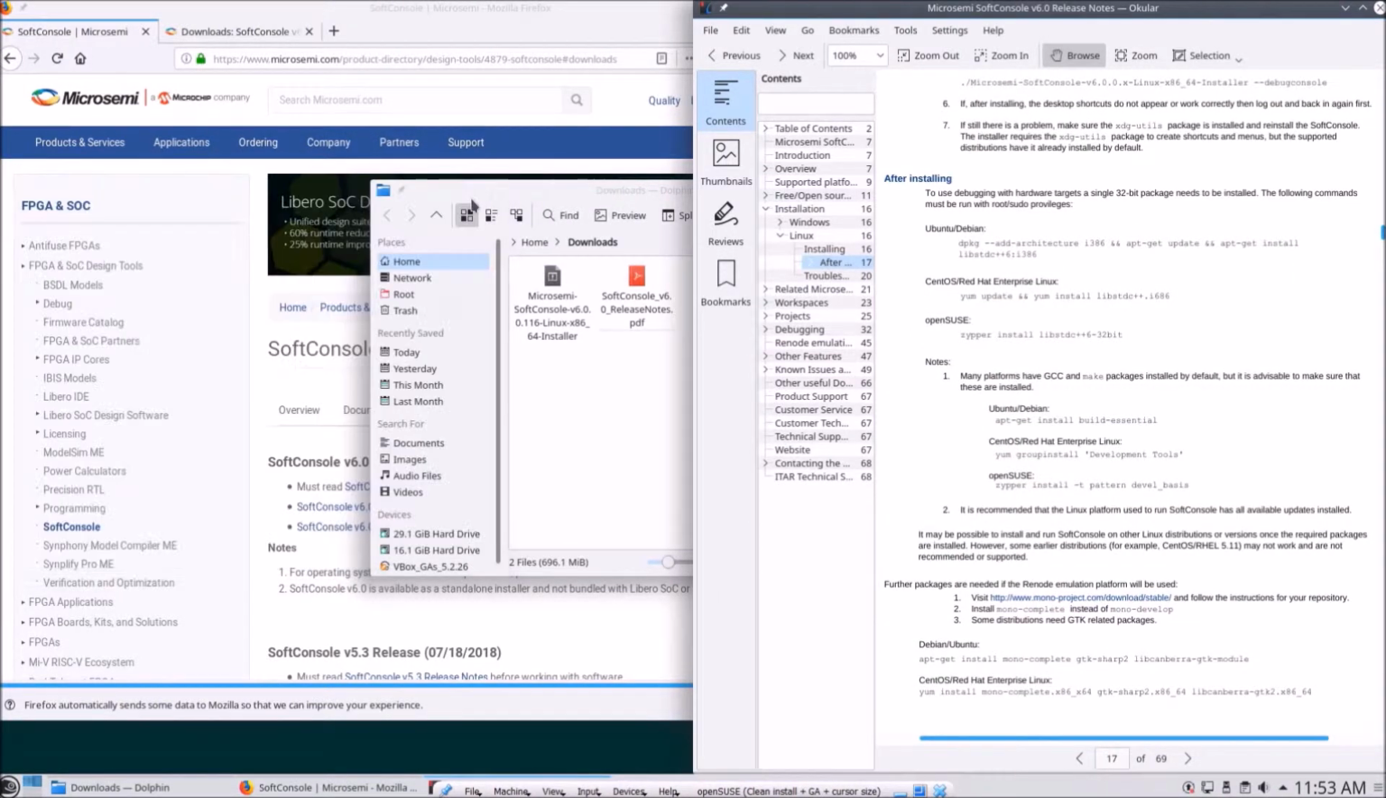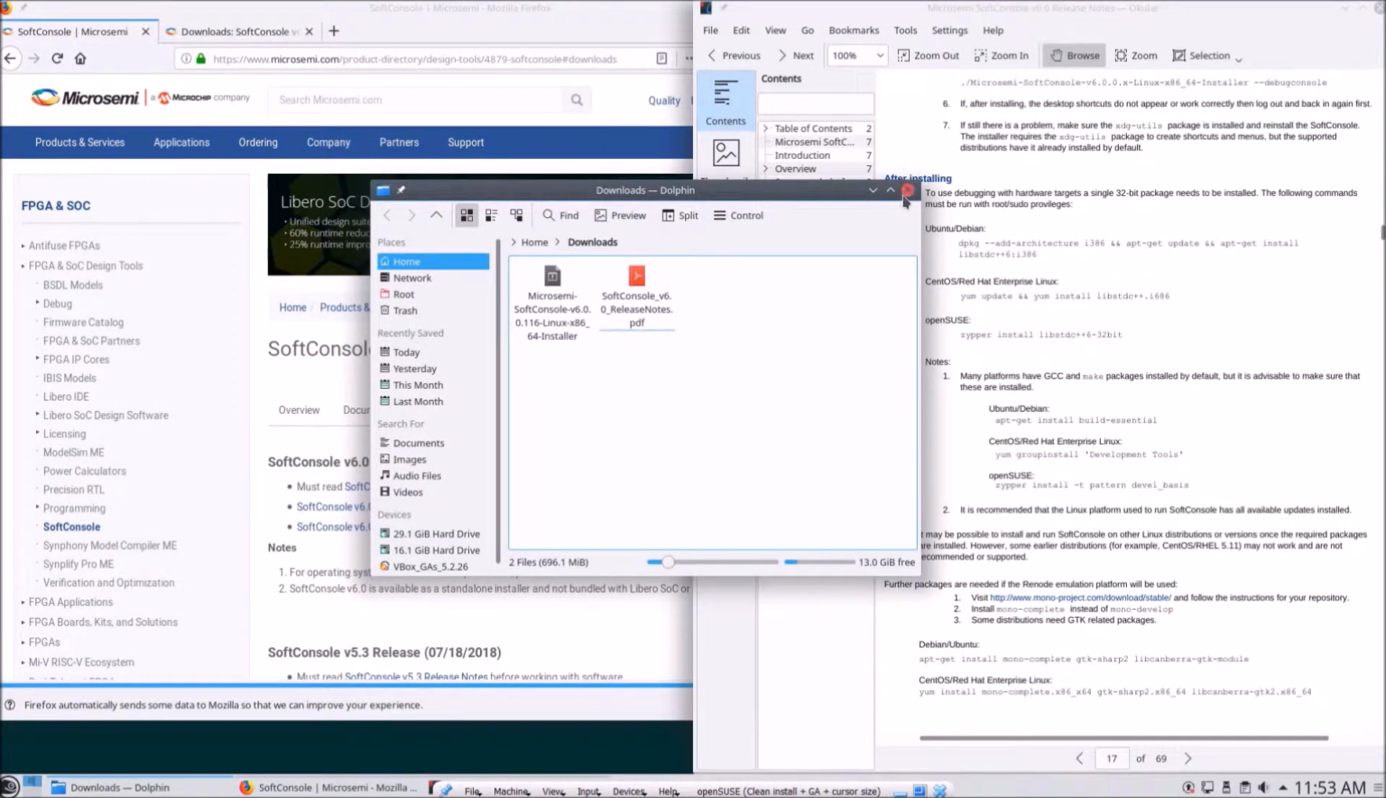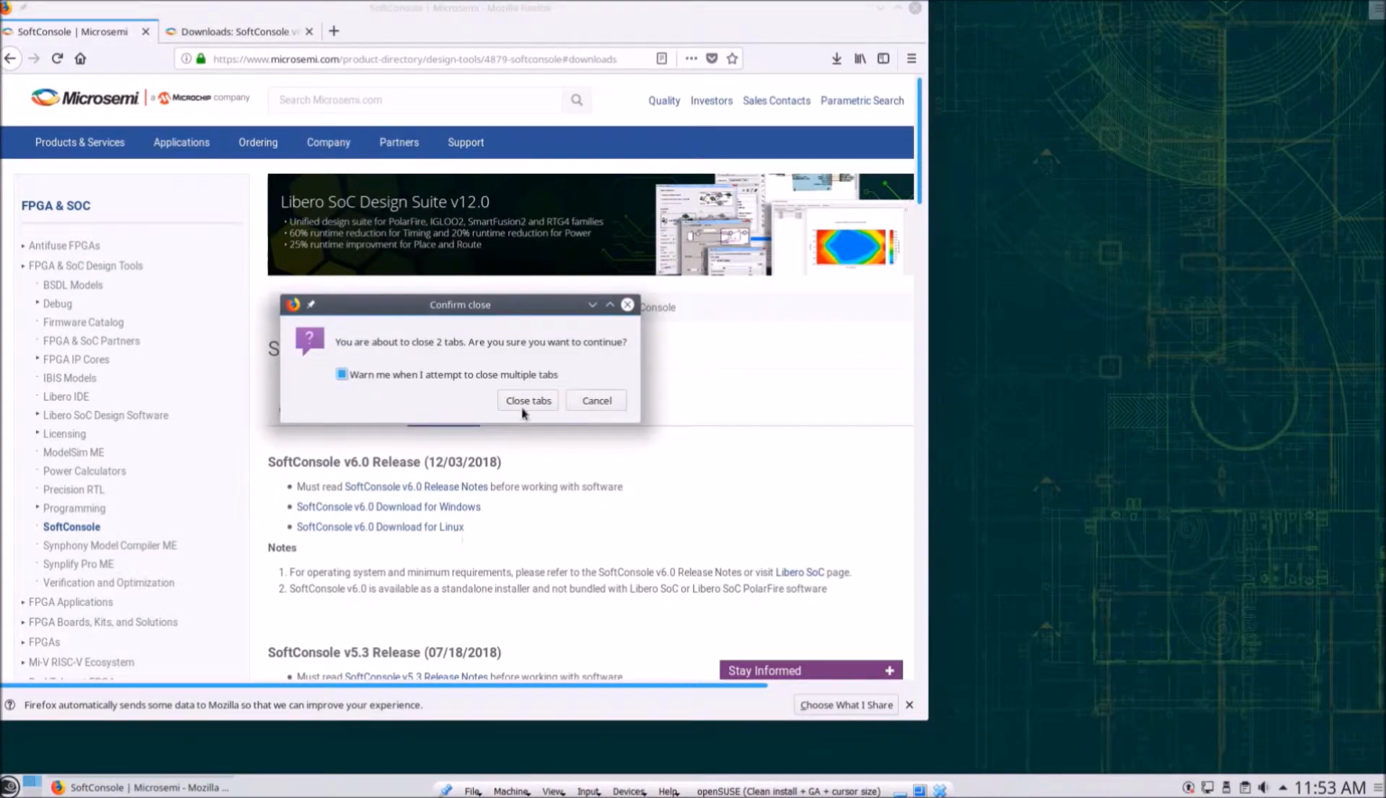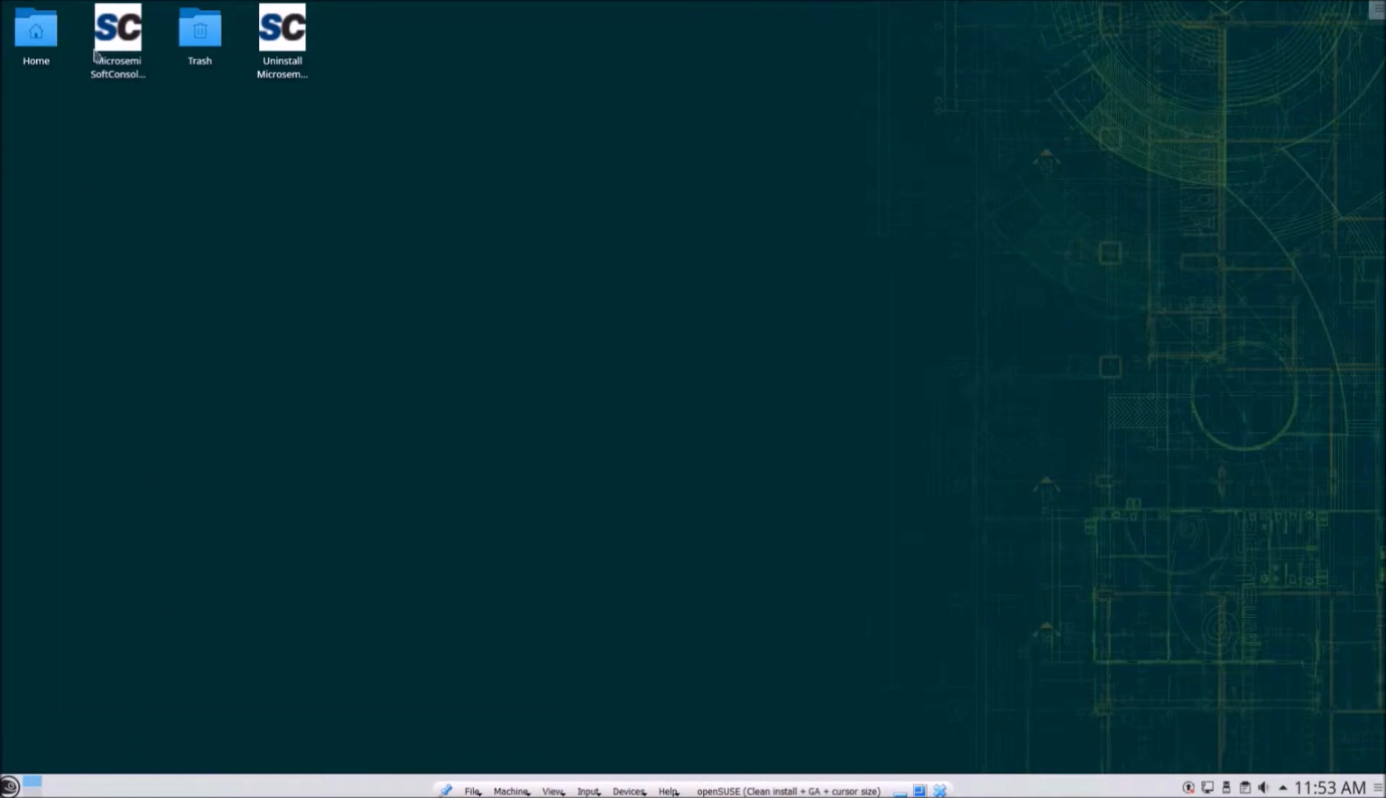So now that I've finished all of that, I can close my console and my terminal, and now I can run SoftConsole. So I'm going to launch by double clicking on the SoftConsole icon on my desktop,